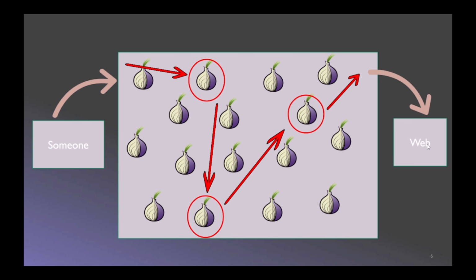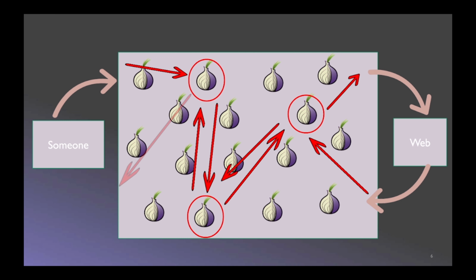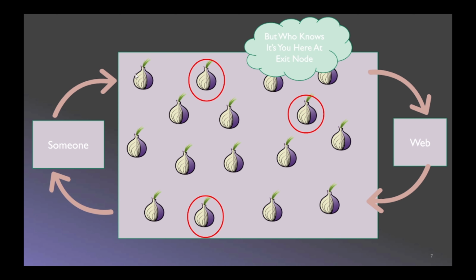And the website that someone other than me is going to visit right now would log the IP address of the exit node here. As we have seen, the right one knows the IP address of the left one. So again the same process: the response would be forwarded back to this one, then this one, then this one, then this one, and to this person, someone other than me, who requested the website. Okay, the problem is who knows that I am at this point here.